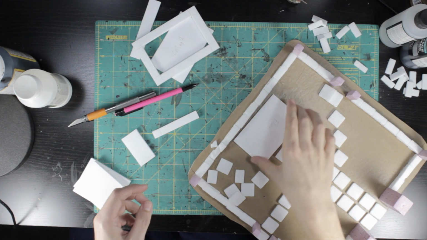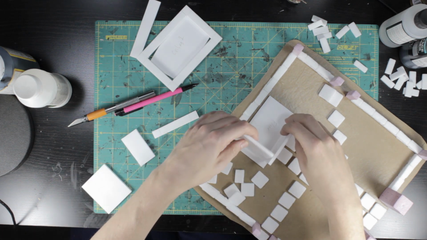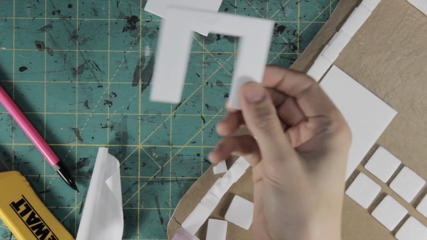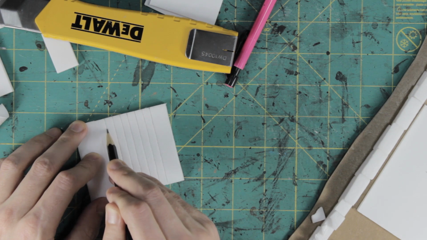I raised the crypt/mausoleum entrance up on a small platform, then gave it a roof overhang and a small border piece to create a lip at the top. To inset the door, I cut out the frame and added a backing piece,